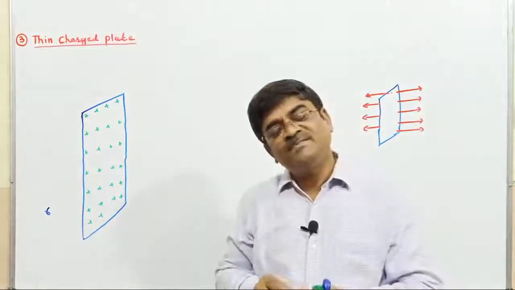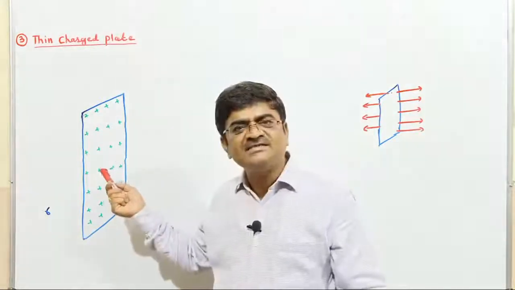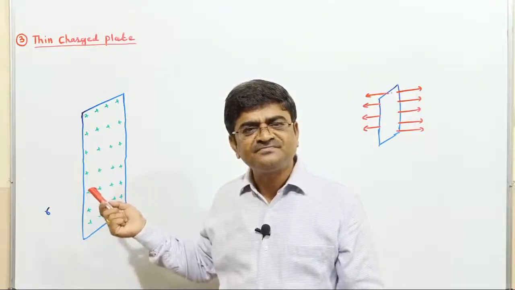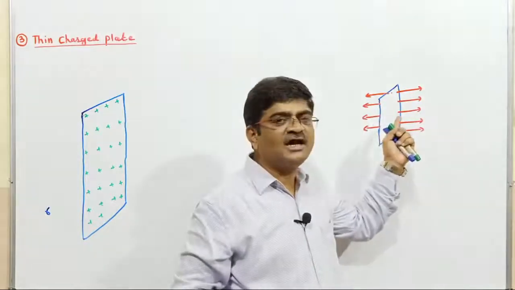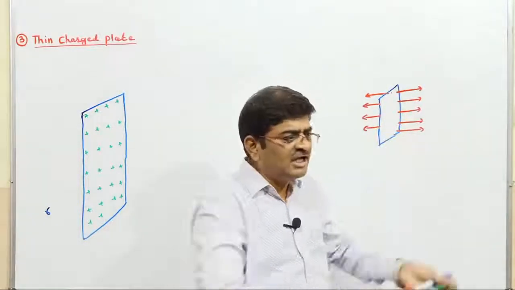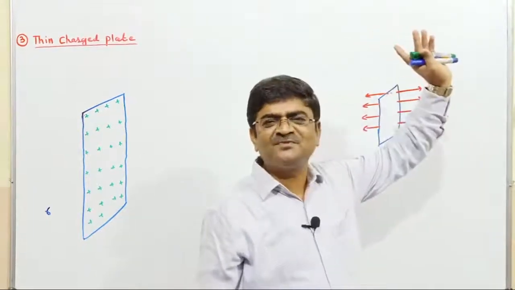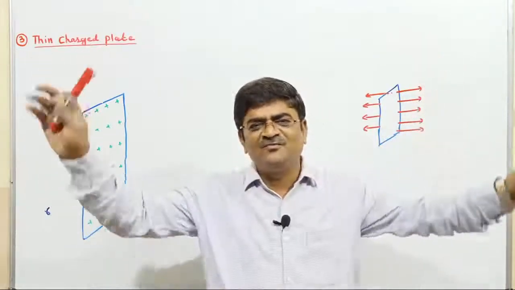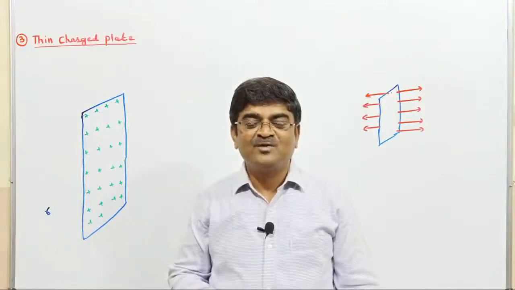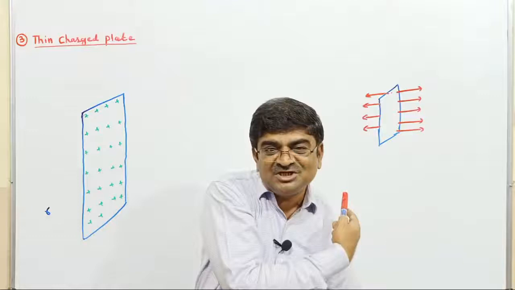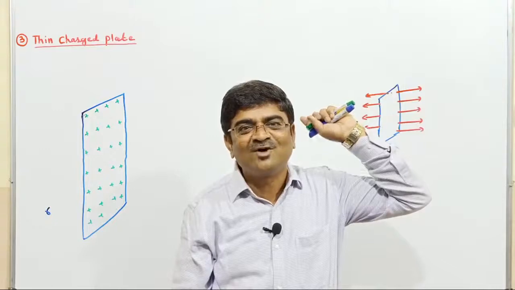I can visualize that. The point is that as I am very close to the thin sheet, I can understand these force lines are parallel to each other. But as you go away, that is not going to happen. As you go a very long distance from the thin sheet, you will find the field non-uniform, those force lines getting diverged from each other as you go away. Because if you go to a long distance, even that thin sheet will be regarded as a point charge. If the distance is very, very long, I am talking about.